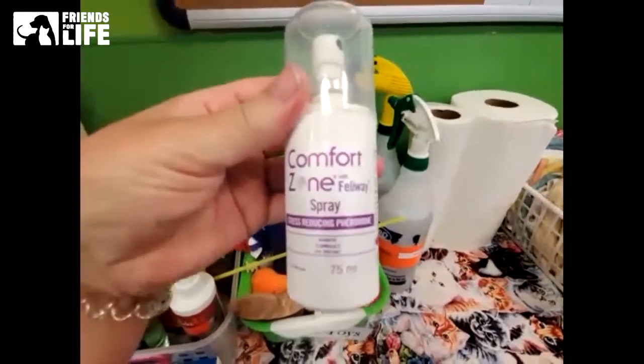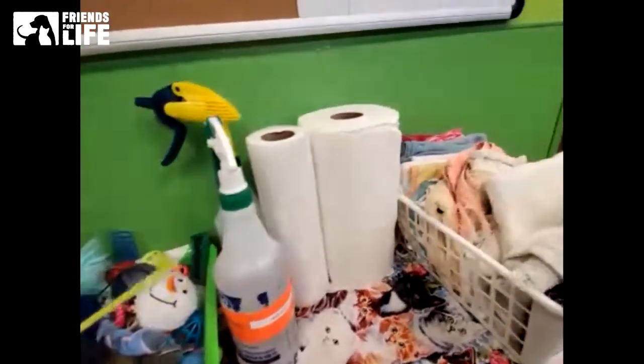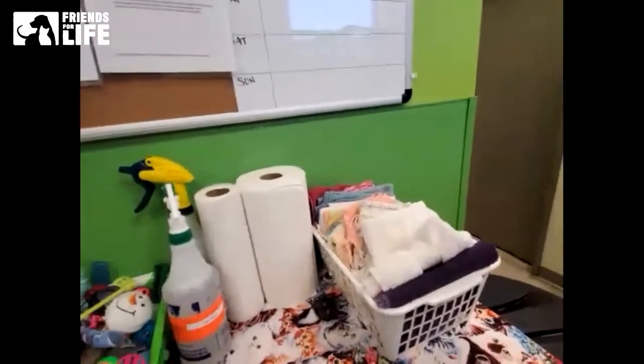They also make things like Feliway spray, which is made with synthetic cat pheromones, which cats produce normally on their own. This is just a synthetic brand, but it helps reduce stress. So there's that. And really all you have to do with that is just spray it on something and leave it for the cat. So very little involvement from you needed, but lots of entertainment for the cat because they can roll on it, they can sniff it, they can bring it somewhere and hide it if they want to,